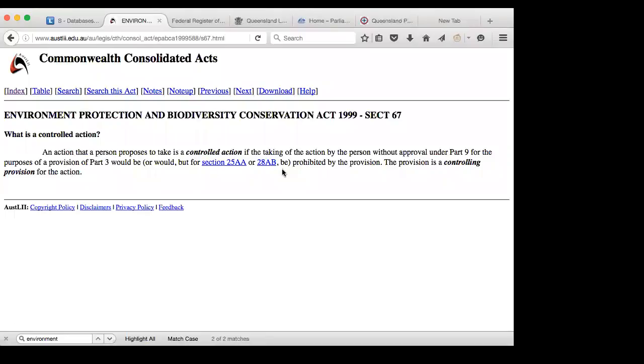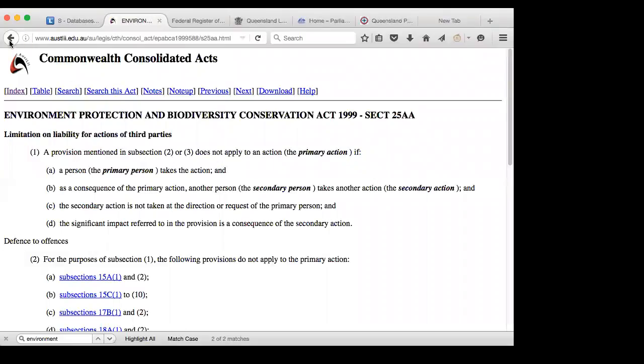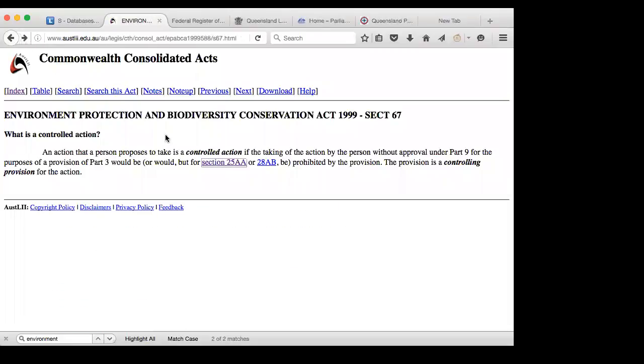And we also get links within the text, which will take us to sections that this section refers to. So if you want to go and have a look at that section 25, capital A, then you can click on it, it takes you straight to it, which is kind of handy. More importantly though, and a link that people just often don't see or don't use, is this note up link at the top. Now, the note up link, for those of you who've never heard about noting up before, basically,